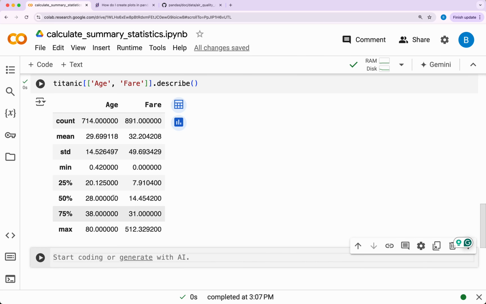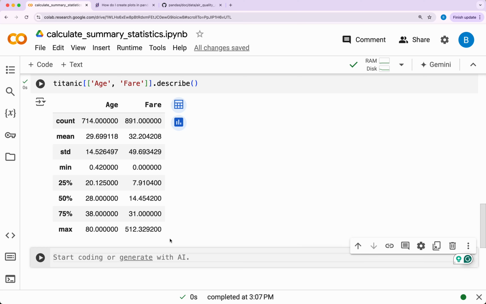Once I do this, now you can see what we have here. This is the maximum age. This is the maximum fare. This is the number of fares, so we have 714 data points collected that have age. So there is some missing data here. But instead of this predefined statistic, specific combinations of aggregating statistics for given columns can be defined by using the